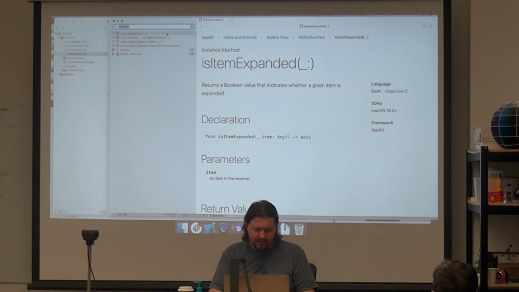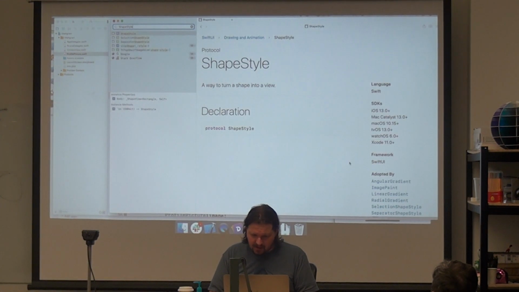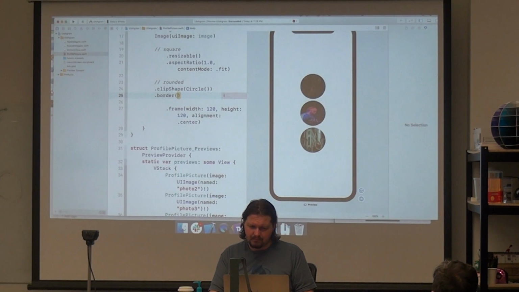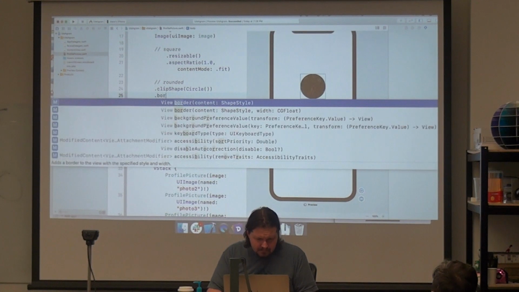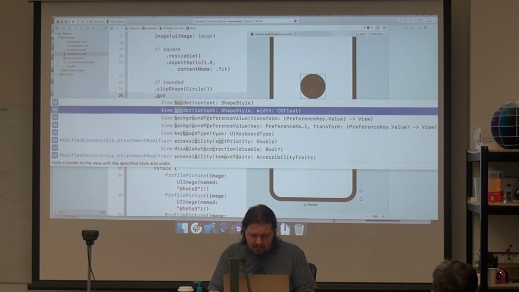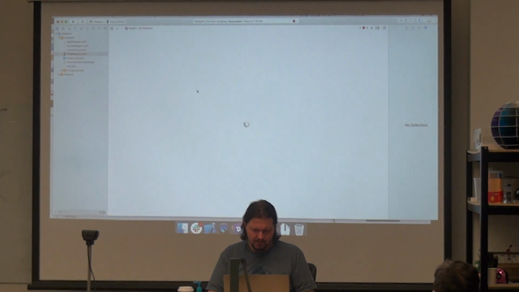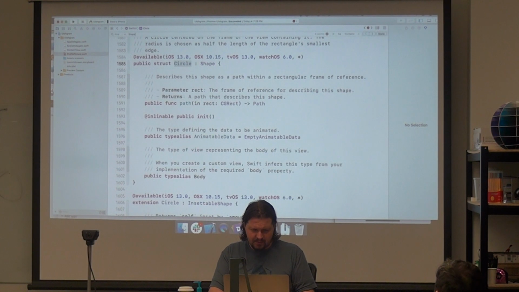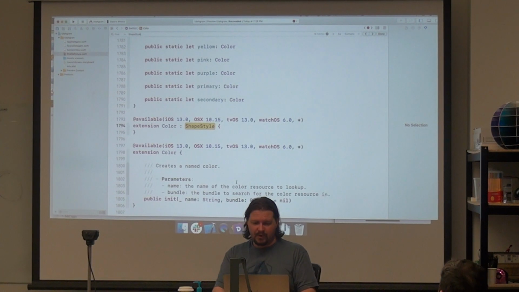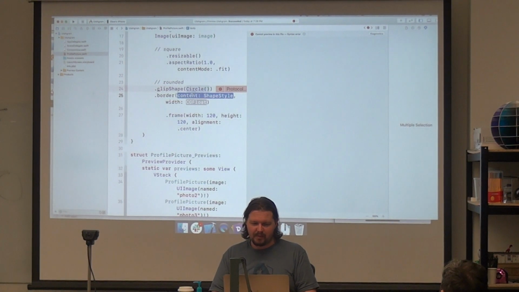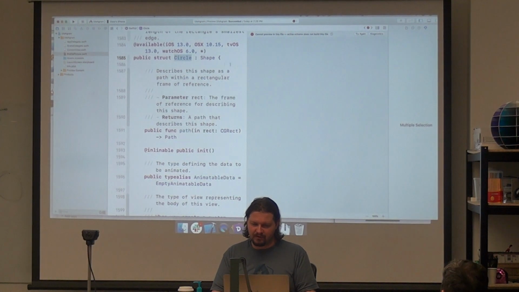Okay. This is where me not knowing all of the API shows. Maybe you color it? You color that black? I could have sworn that circle was not just a shape, but a shape style. So what I did here is I look and I see that border needs something that is a shape style. So I'm going to jump to the declaration here of circle, and